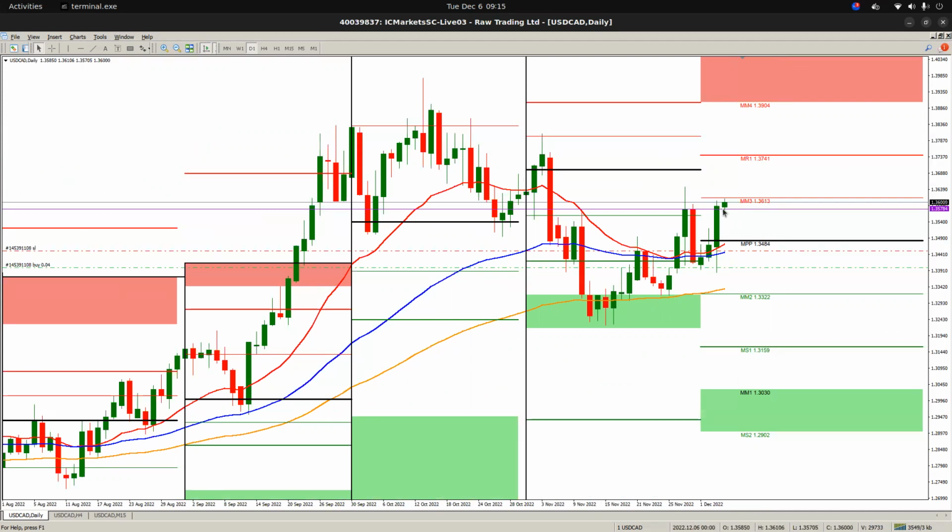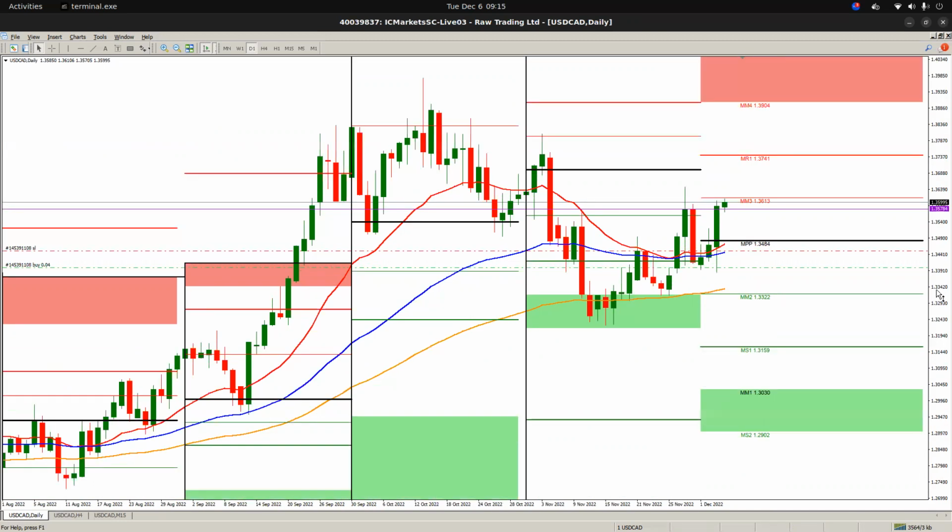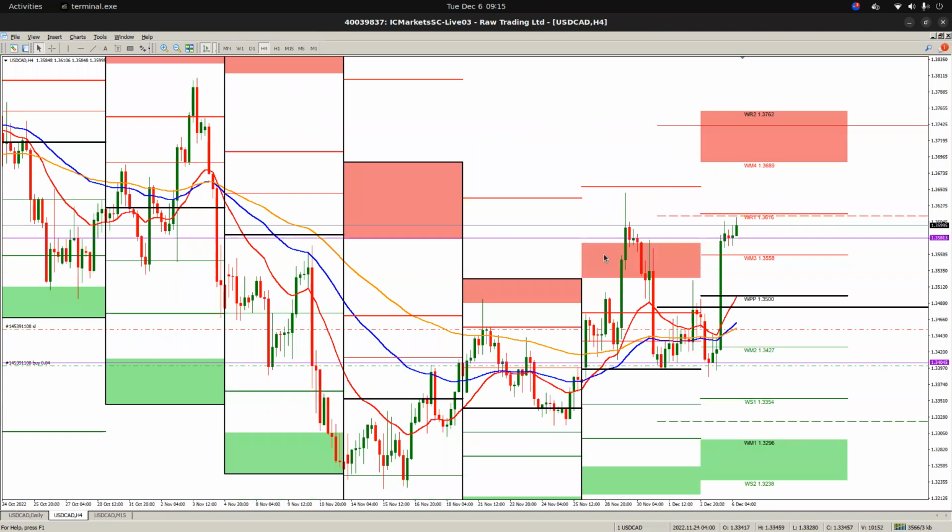But I'm not going to put a take profit in place because it is possible we head all the way up here to the monthly target, because price came off of the monthly M2. Is it a long shot? Perhaps. Now, what I can do is I need price to come up and make a higher low before I move profit higher, okay? We'll have to see what happens today.